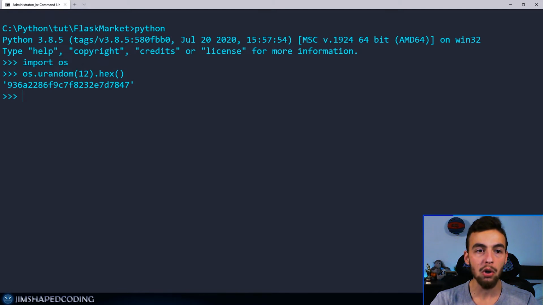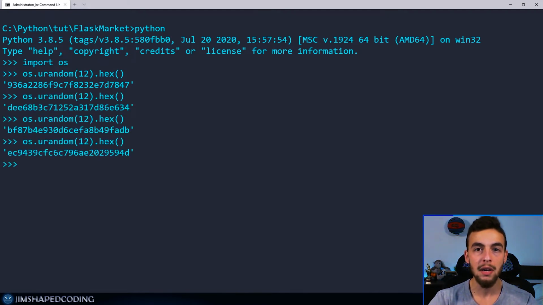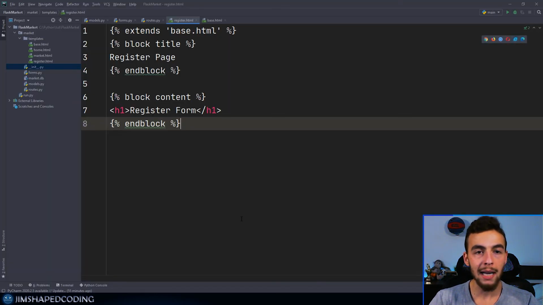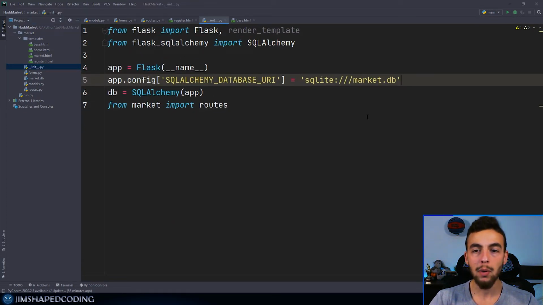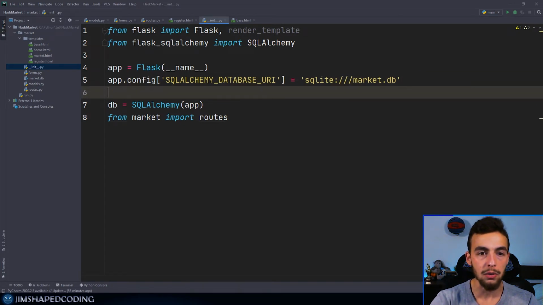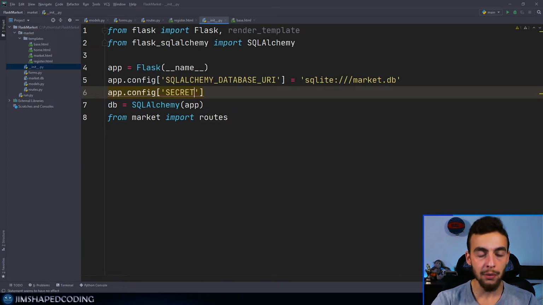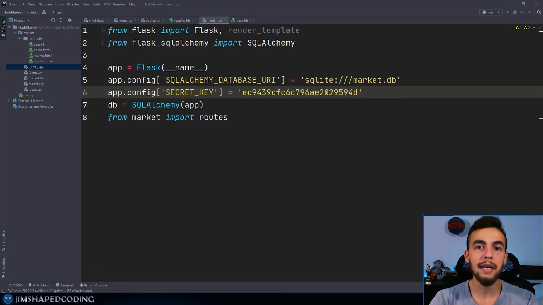Now there is nothing wrong with going ahead and generating more secret keys, but just make sure that if you use one, then you stick to it throughout the development of that application. So let's grab this secret key and go back to our Python and navigate inside our init.py, and then here we have to write in some new configuration. So it will be app.config, and then our key here will be secret underscore key, and if we paste this in right there, and this should be inside single quotes as well,